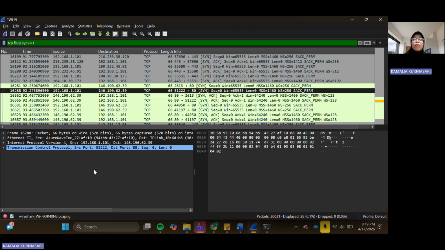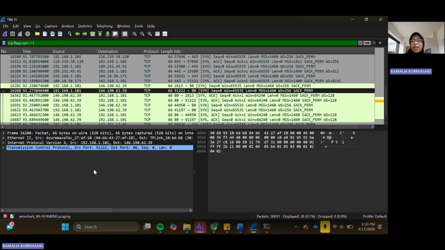Maybe for the conclusion of the two practicals, these practical activities provide valuable insights into how networks operate and how they can be analyzed using tools like Nmap and Wireshark.